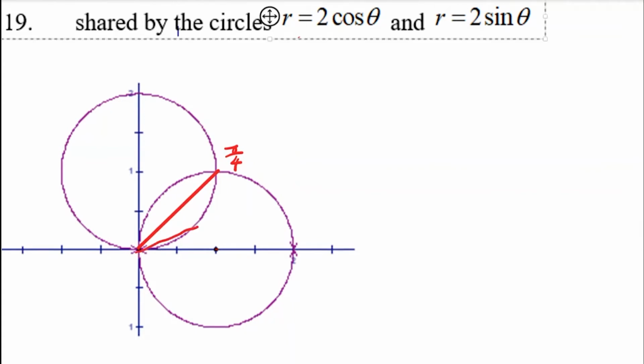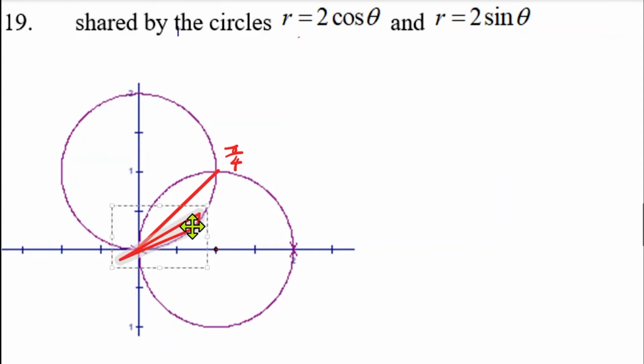If I try to throw a triangle right there, did it work? Ah, it didn't. Almost worked. But I think I can make this thing work. Hold on. Let me, oh yeah. Okay, how about that? So that's my dA. Okay, let me change the color of this thing. So this is my dA right there. So dA here